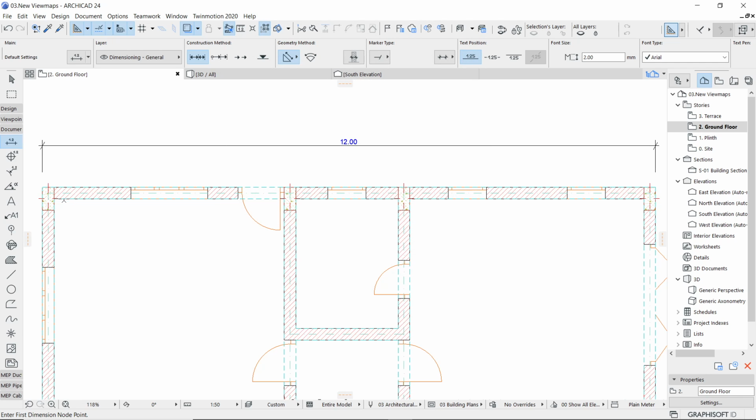Now I'll click over here as my first node. You can see that circle with the plus sign. If you click on any random location, for example on the empty part of the drawing, or somewhere near the object but not a precise location, you will see that box with the plus sign appear.